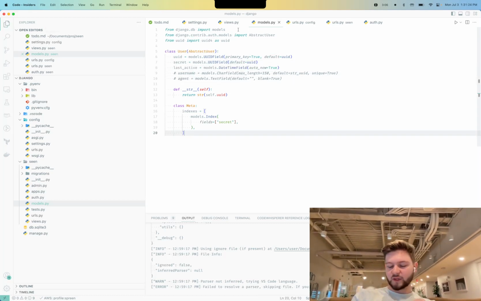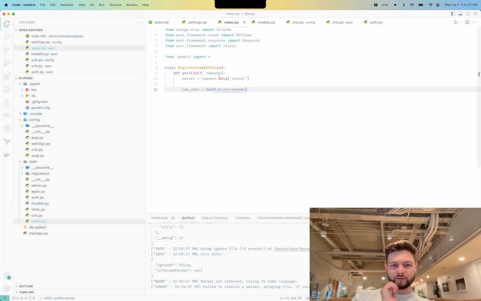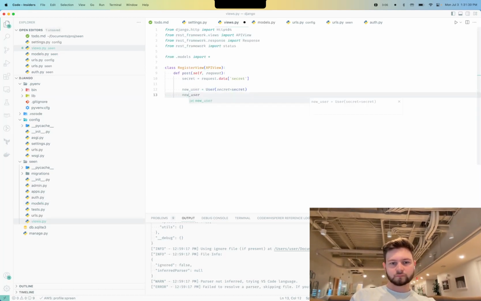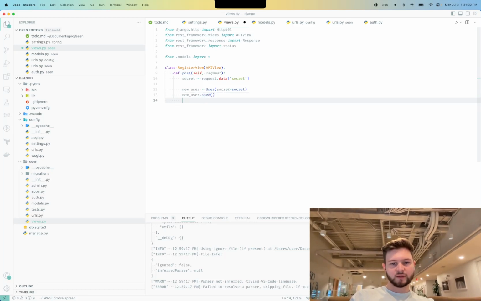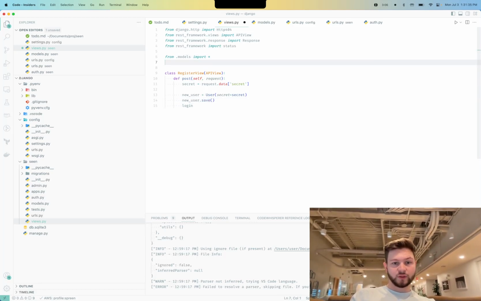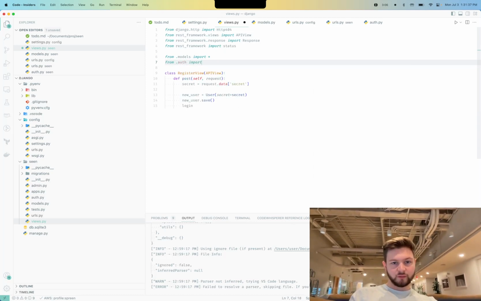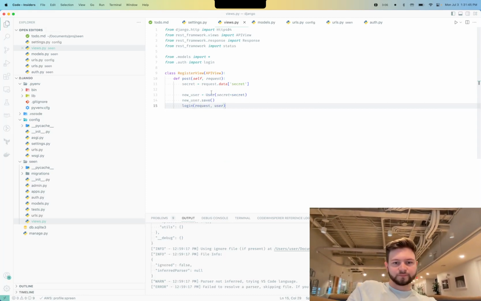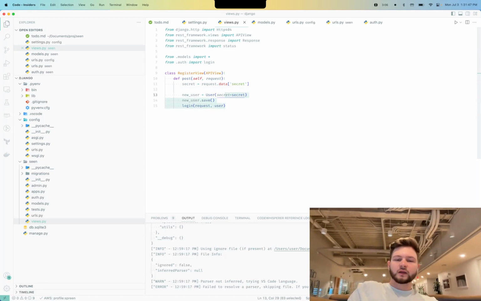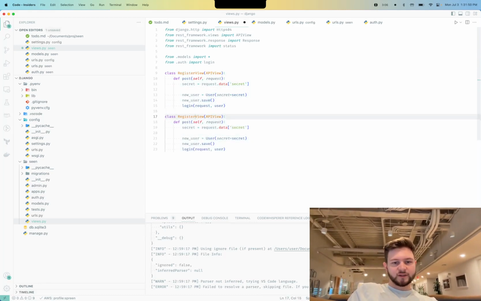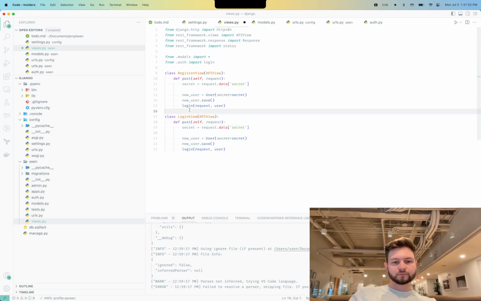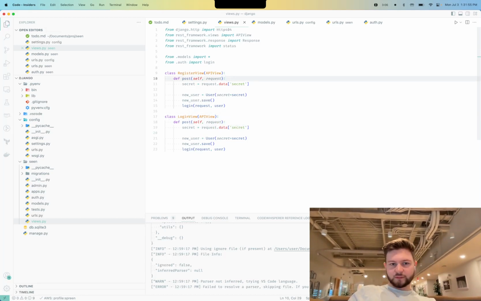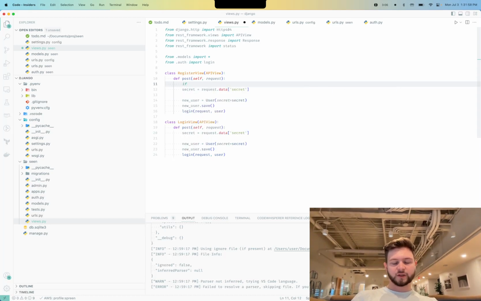Okay. Then we save this thing. We log in, which we import from auth for the current request. This user. And we're golden. And we can very easily duplicate this as the, okay, so if user.objects